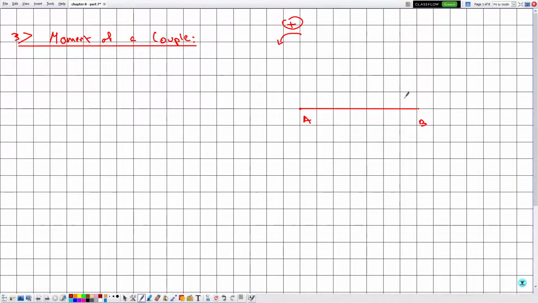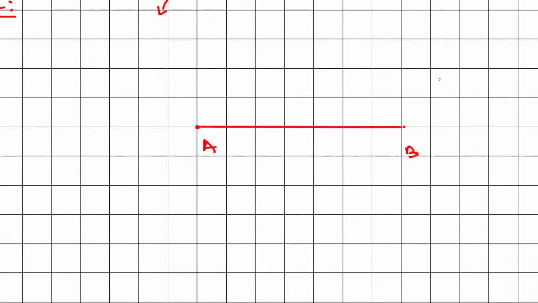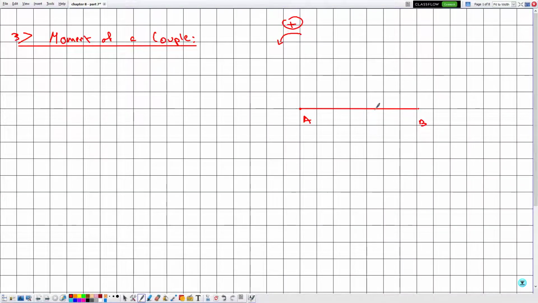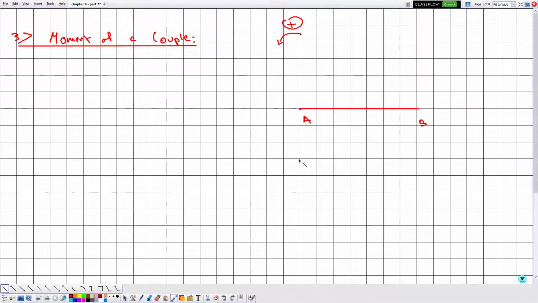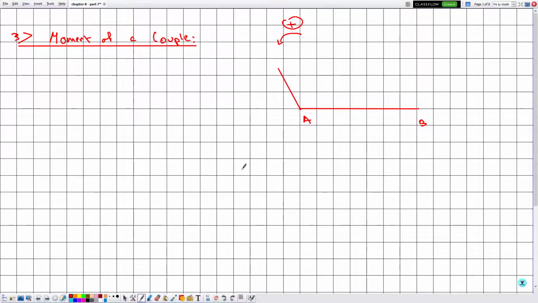Now suppose here that the rod can rotate around an axis delta, but I didn't specify the position of delta, so the axis of rotation may be here, here, here, or even here. We don't know. It's something somewhere between A and B. And at the point A we have a force F applied like this. Now let's say that this is the force F1,